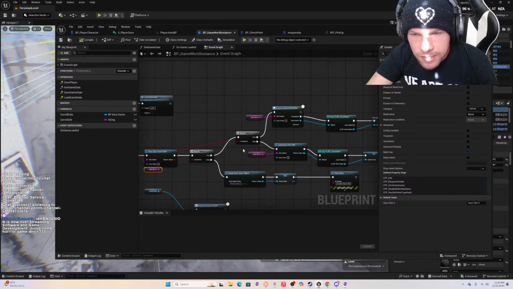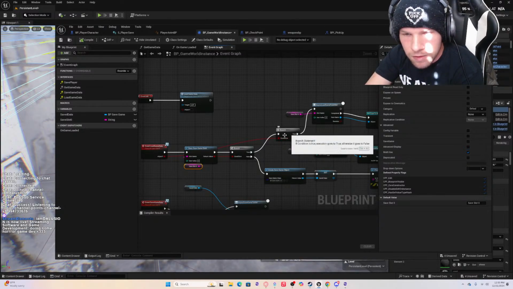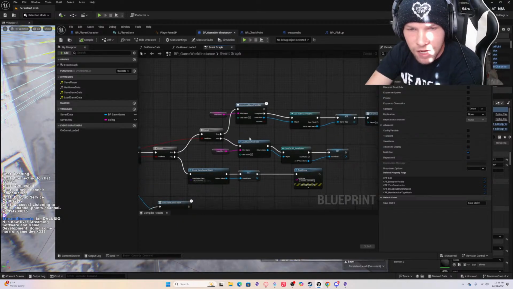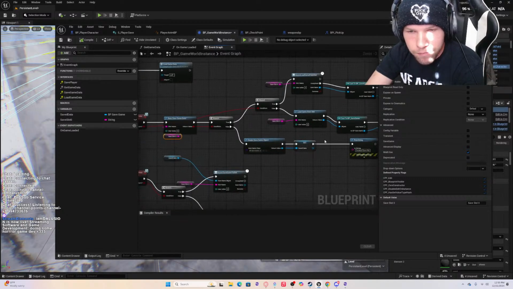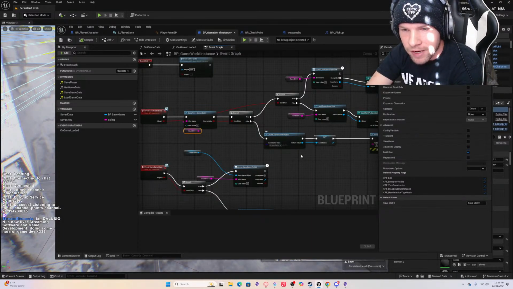If it does, then it asks, does it use async? If true, then it will async load game from slot. If false, then it just loads the game from slot. If there is no save game, then it will create one.